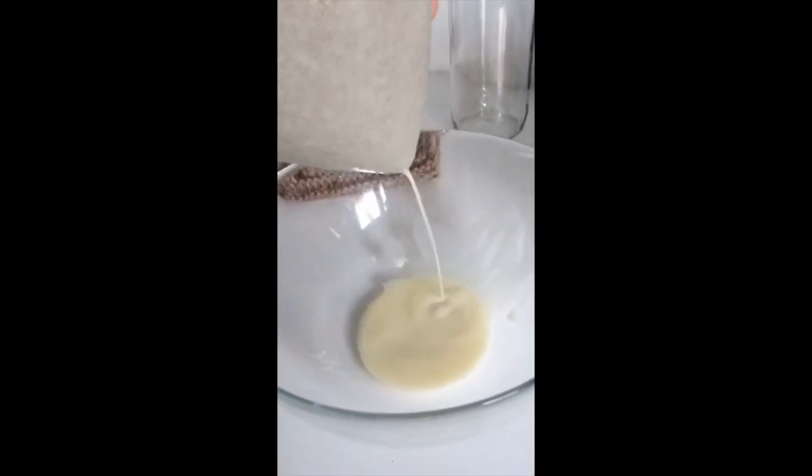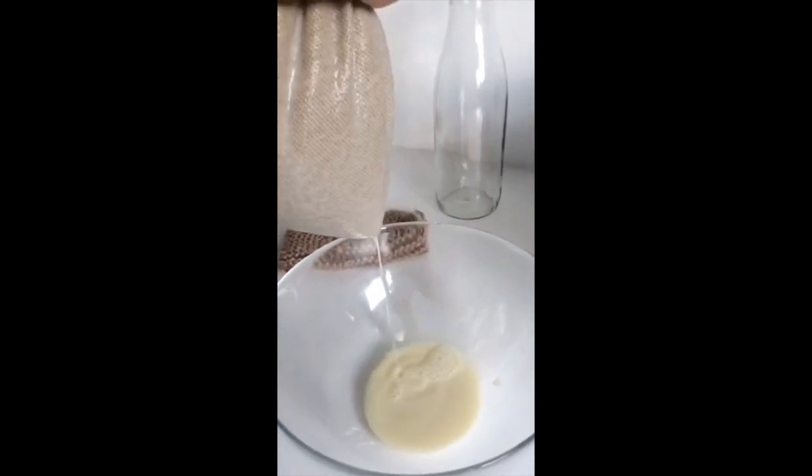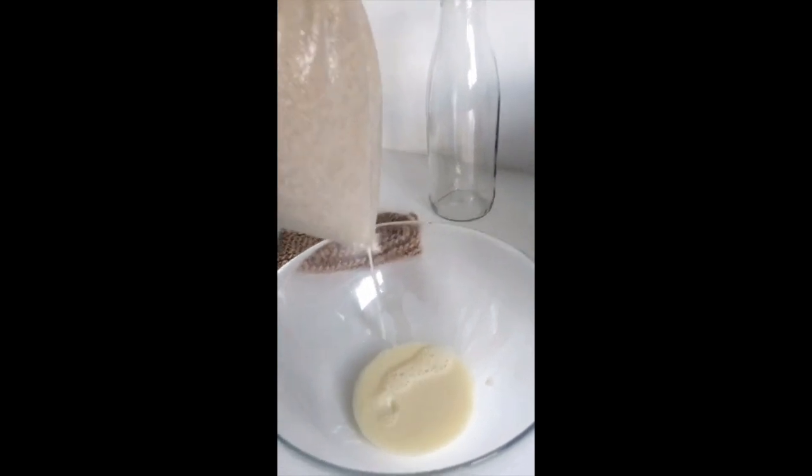It's quite hot, this is, but look at that. Absolutely ready to go. Absolutely fabulous. We're going to have there an amazing, totally fresh, totally zero waste